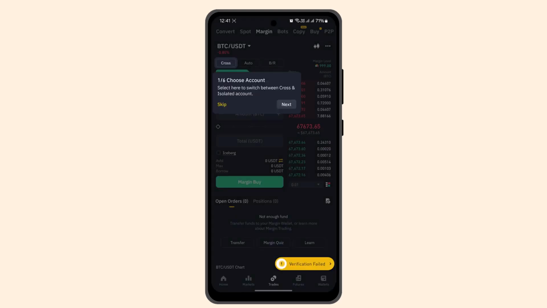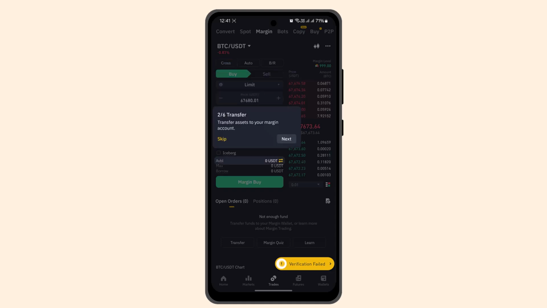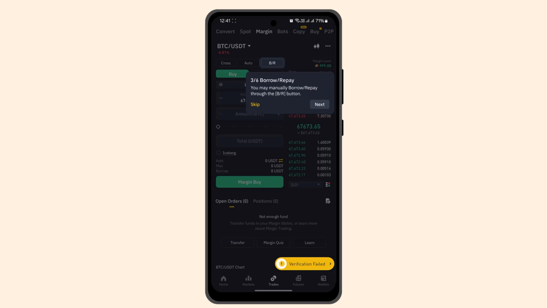Now you could go to the margin trading account page and select the transfer asset, and likewise you could also borrow. To start borrowing, select borrow on your margin trading account, then confirm the asset, and then visit the margin trading page to start margin trading as well. And likewise you could go ahead and follow the on-screen prompt, and that's how you can use the Binance margin